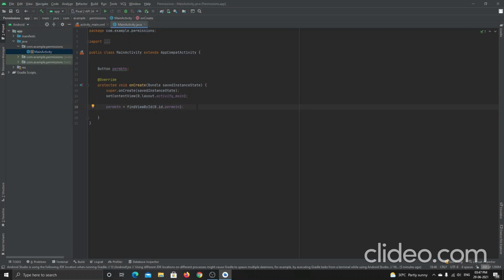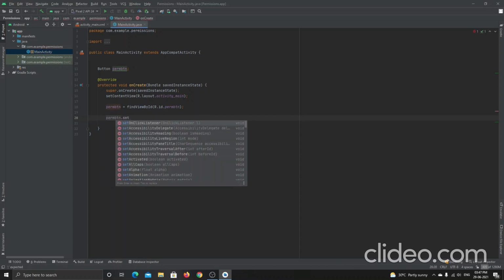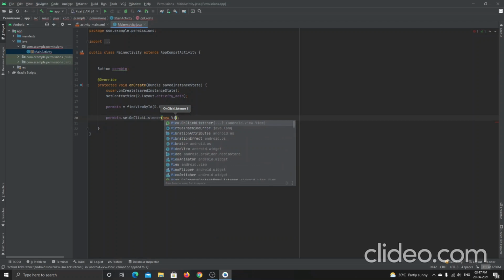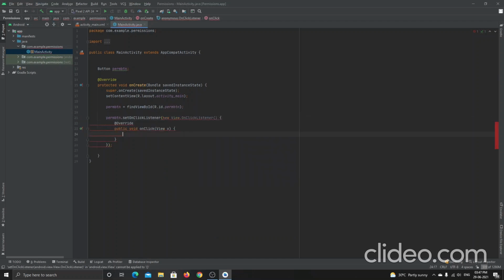Then to grant the application, I will set an on click listener here. Perm btn dot setOnClickListener, and inside this new View.OnClickListener.